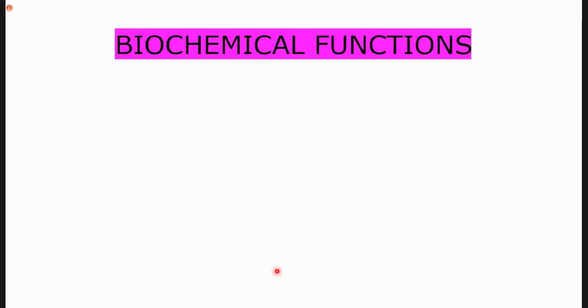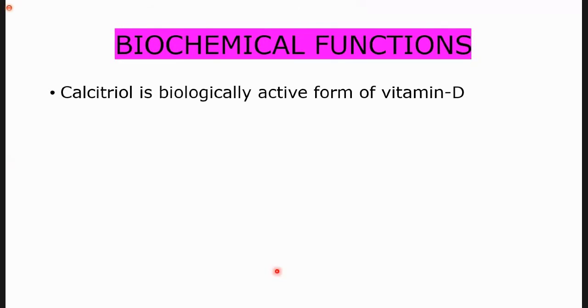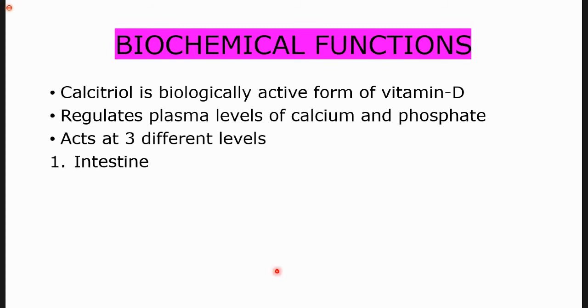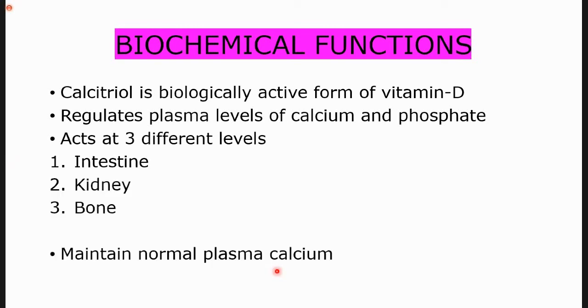Now, some of the biochemical functions of vitamin D. Calcitriol is a biologically active form of vitamin D. It regulates the plasma level of calcium and phosphate, as we have already discussed. Not here, but we have also discussed in calcium and phosphate how the calcitriol plays an important role. So, just to reinforce this idea that vitamin D plays an important role in calcium and phosphate metabolism. And this vitamin D acts at different levels. It can act at the level of the intestine, kidneys, and bones to maintain the normal plasma calcium